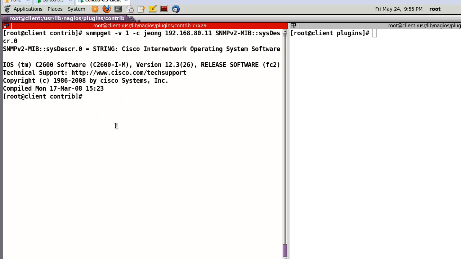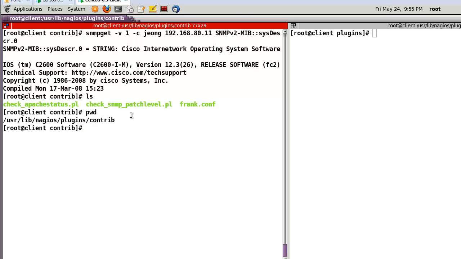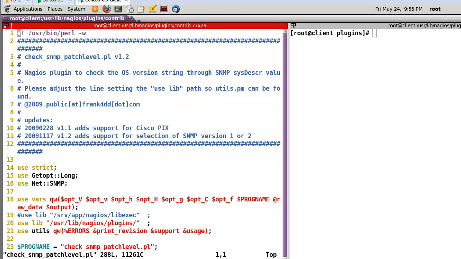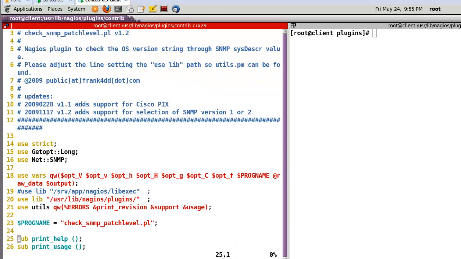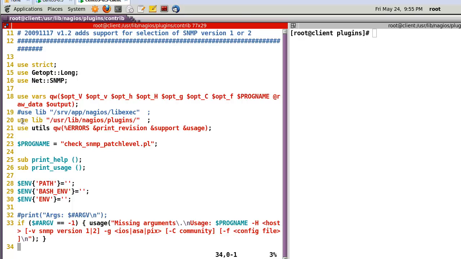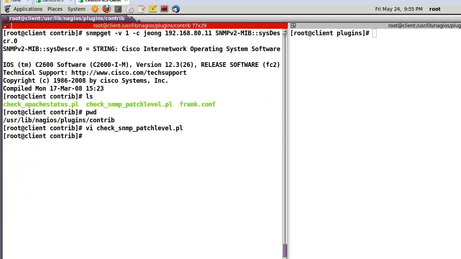Okay, then you have to download this plugin. In my case, now I download and move here, check SNMP patch level protocol, and open, and please check line number 20 like this. Library path, in my case, /usr/lib/nagios/plugins. Okay, and after that,